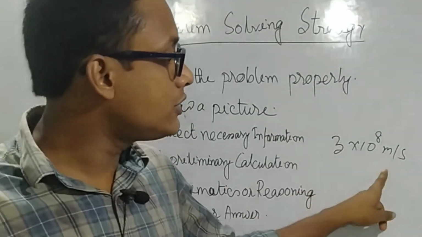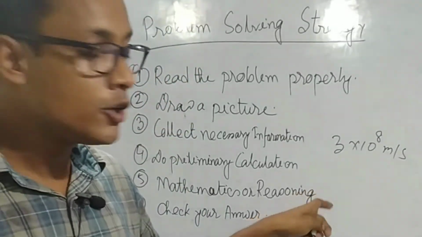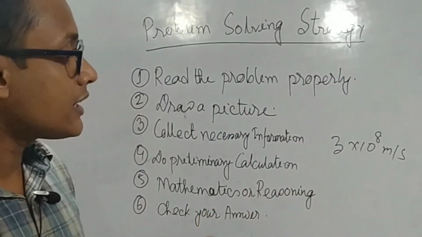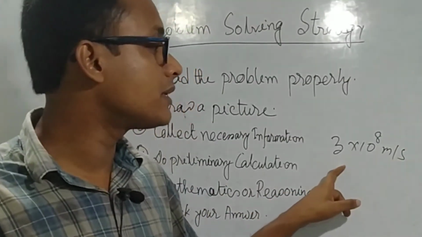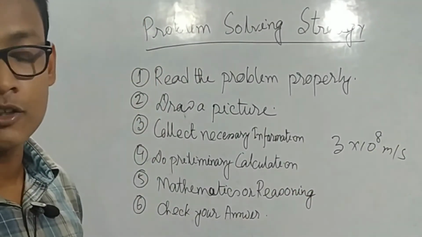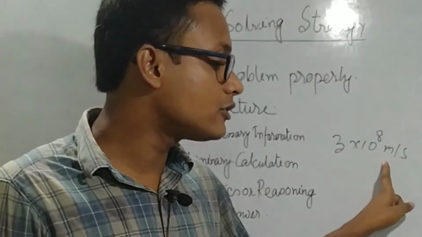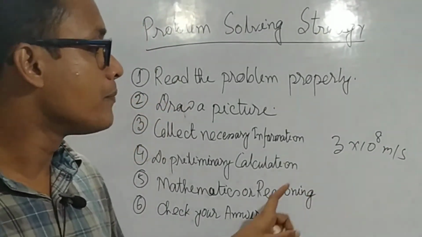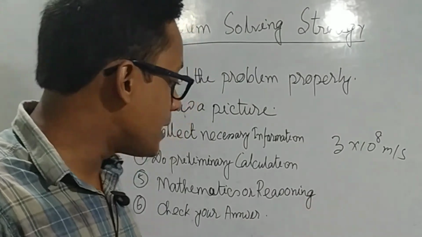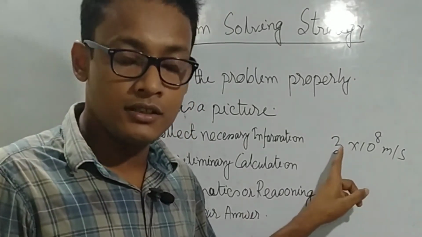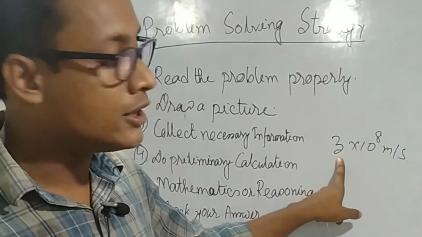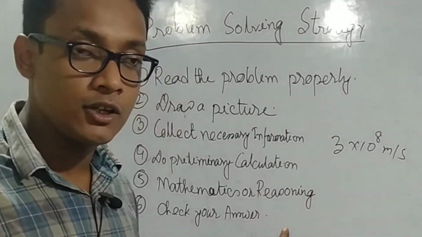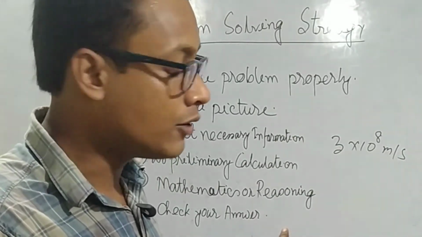This is the maximum velocity we have discussed in physics so far. So a man cannot move at this velocity. If our answer comes out like this, 3 into 10 to the power 8 meter per second, as the velocity of a man or a car, then this does not make physical sense. So this could be a wrong answer, because it may be mathematically correct, but it does not make any physical sense. So this answer should be avoided. We have to follow the other way. We will show this in our example now.